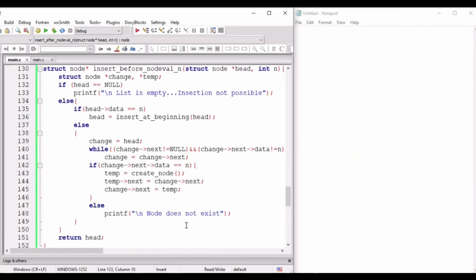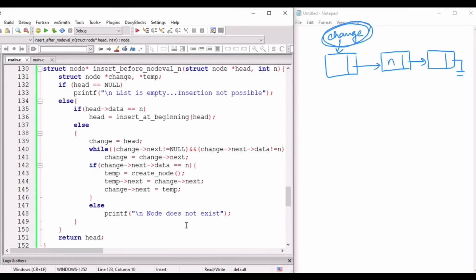Now, if we have to insert a new node before a node, we have to check whether the content of the next node is n or not by sitting in the previous node. We have to set change over here, and from here we have to look into the data of the next node to check whether this value is n or not.